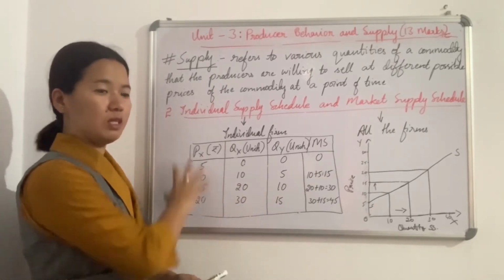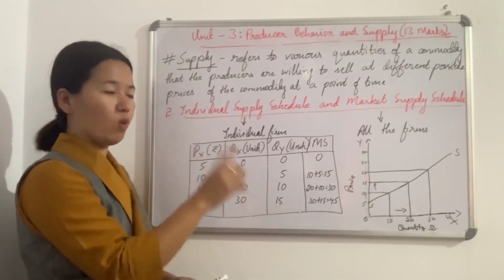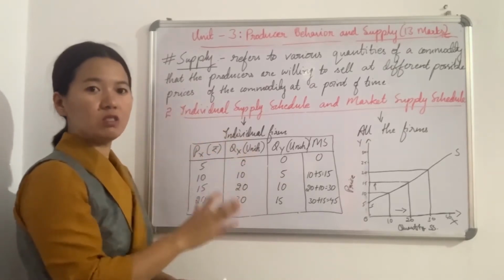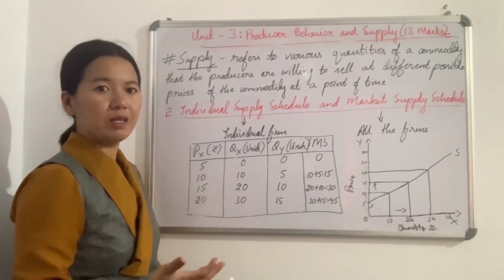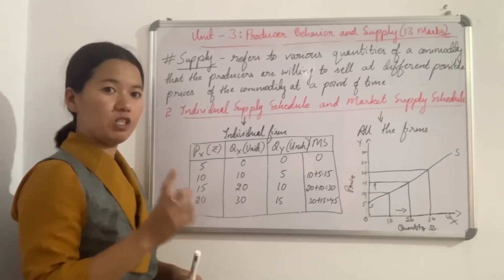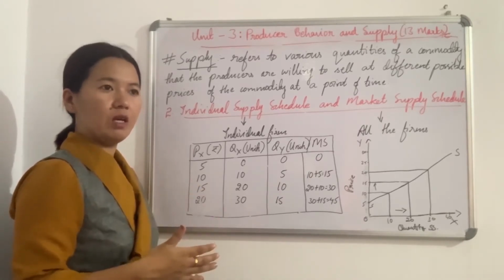And suppose in this economy there are only two firms, firm X and firm Y. So the market schedule is the total quantities of a commodity that all the firms are willing to sell in the market at different possible prices. So the market supply schedule includes the supply of all the firms, and a group of